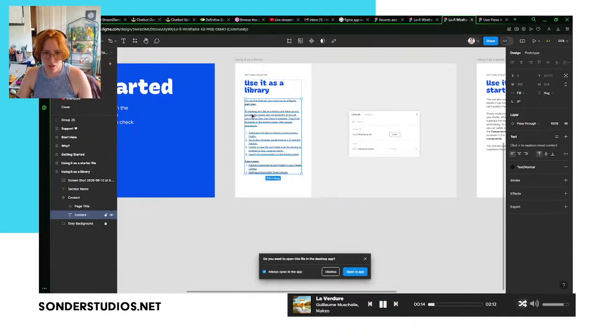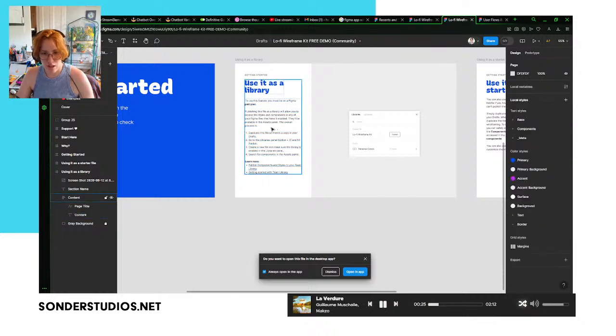Anyway, publishing this file as a library will allow you to access the styles and components of any of your Figma files that have it enabled. They'll be available on the assets page, and then they'll be available in the assets panel. The overall process is duplicate this file so you have a copy in your drafts. Go to your libraries, hit publish, create a new file, make sure the library is enabled in the libraries panel. Search for components as assets.